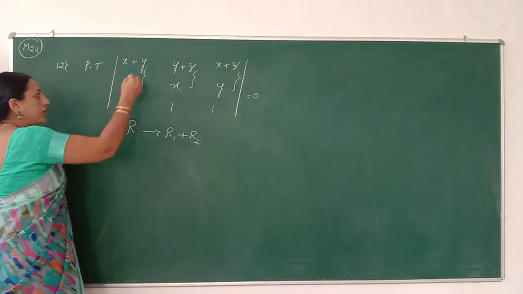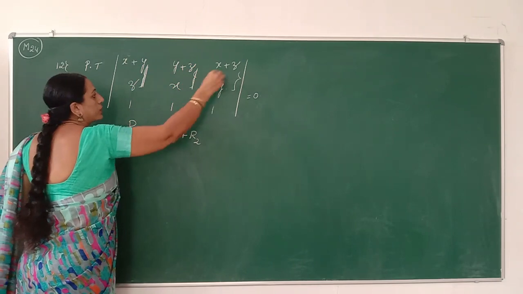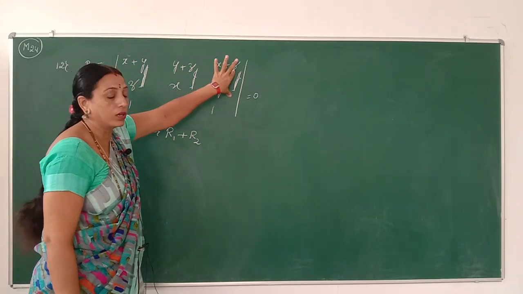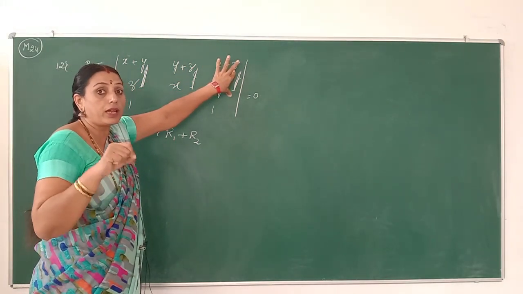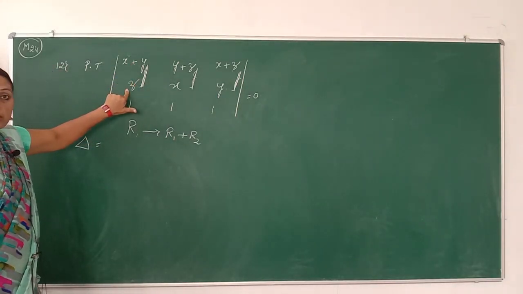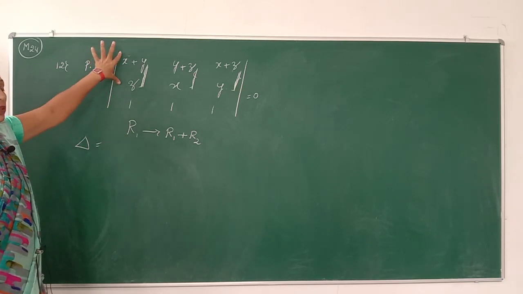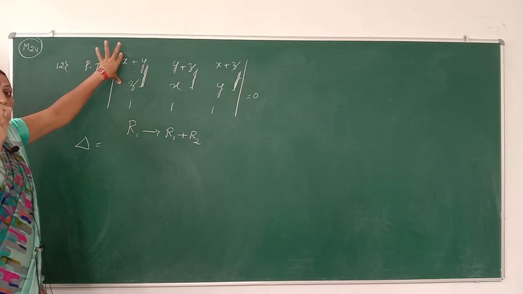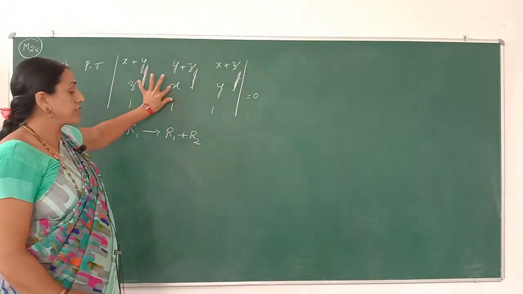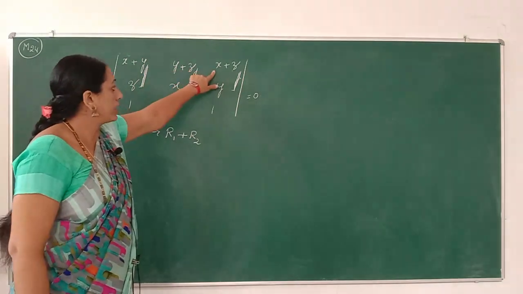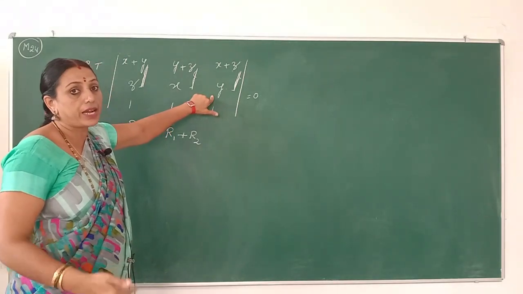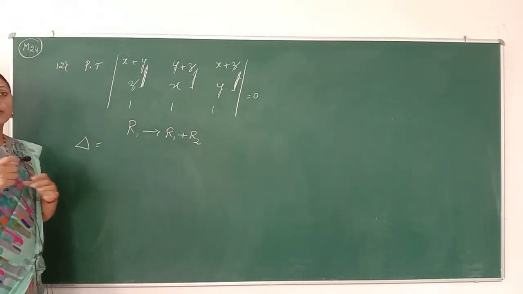So now we observe that these are the elements of the first column, second column and third column. You can observe them, we are reading them in columns. But these are the corresponding elements row wise. That is the first element of the first row and also the first element of the second row. Therefore these two will be called corresponding elements row wise. Similarly, these are the second element of the first row and second element of the second row. That one is the third element of the first row and third element of the second row. Therefore, these will be called corresponding elements.